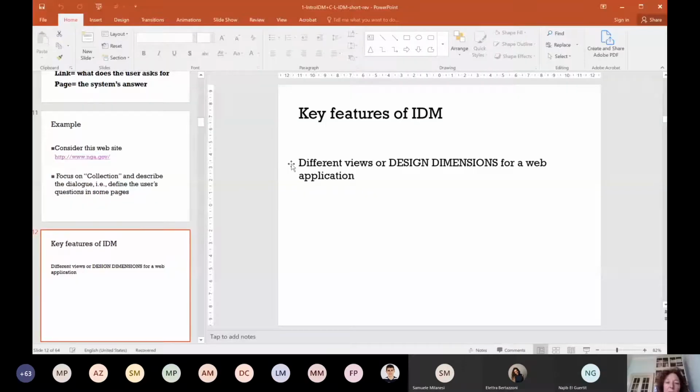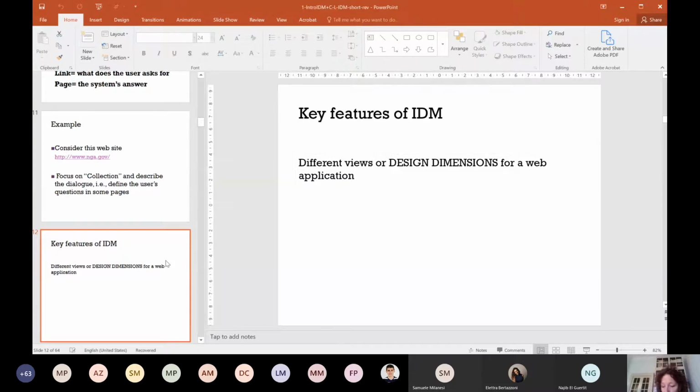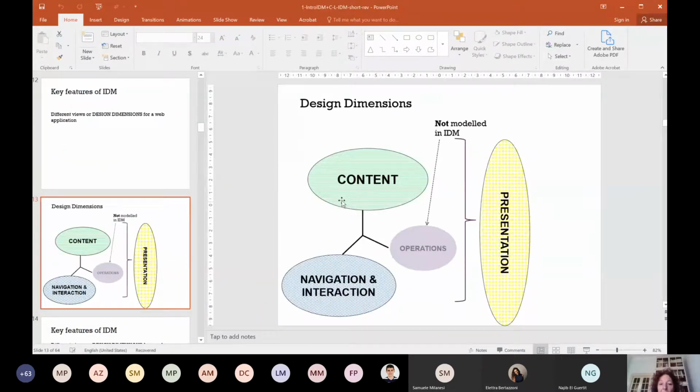So what are the key features of this model? Like UML, it divides the design space into different dimensions. So different views or different design dimensions for a web application, which are content, navigation, interaction, operation, and presentation. So the main focus will be about content, navigation, interaction, and a little